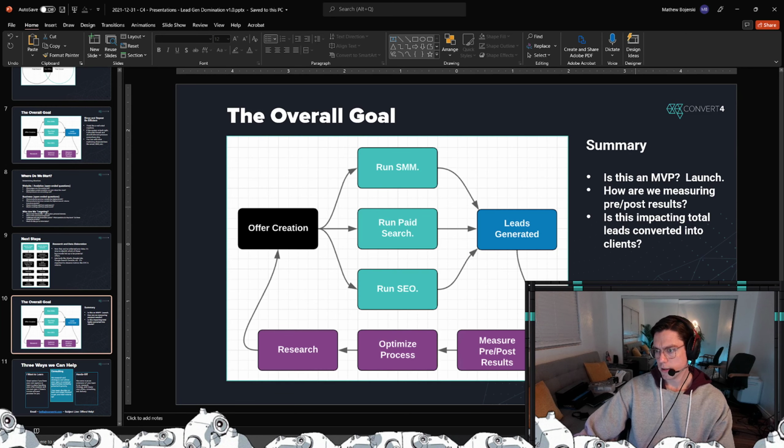So that's pretty much it. And I encourage you guys to ask, once you get to this stage, is this a minimum viable product? Can we launch it? Don't worry about perfection. Just create and launch as many of these as you can. Set aside an adequate budget to know whether or not the experiment or the offer is successful, or if it's unsuccessful, know what that value looks like. Make sure your data looks good, and rinse and repeat until you're the market leader,